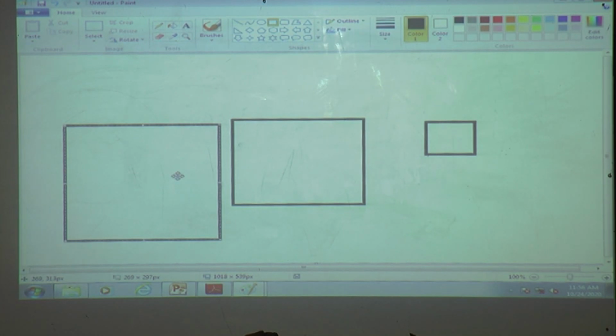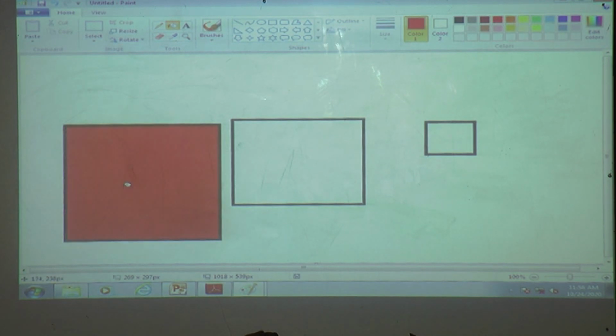Now how to give the color? The tool names and use of the tools we will see in the next chapter. It is the fill with color tool. How to do this?